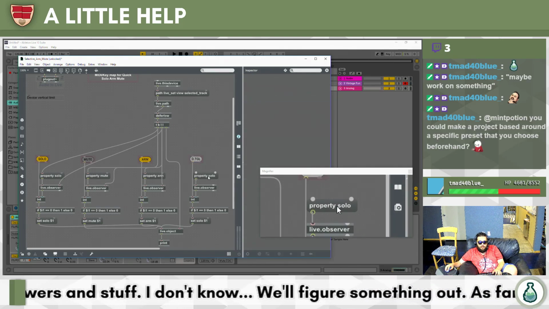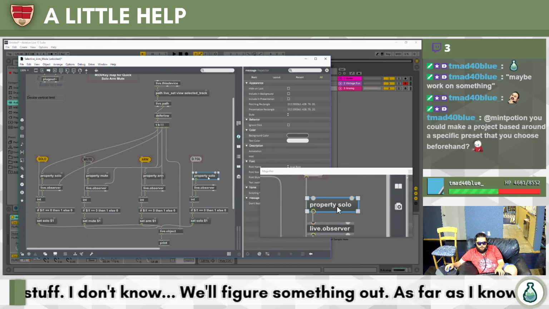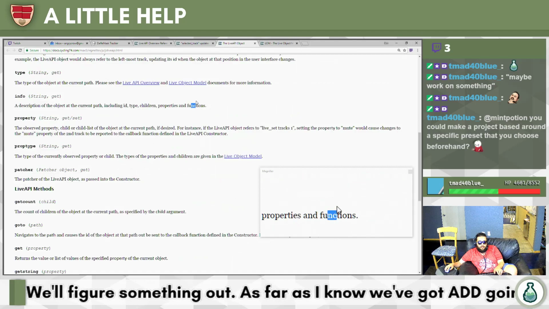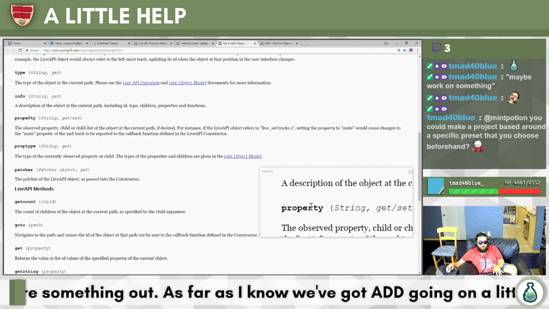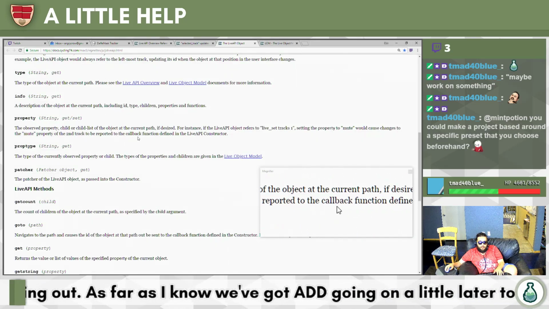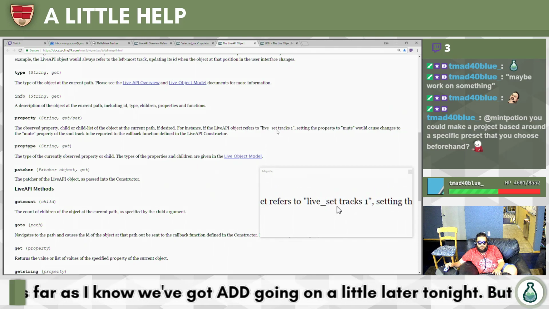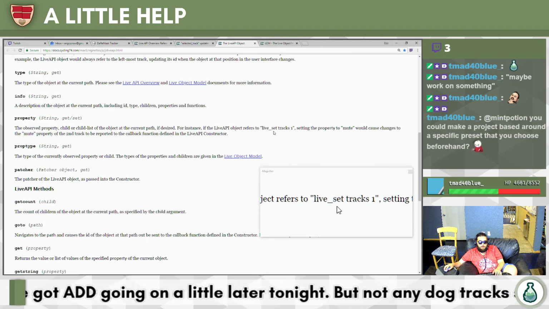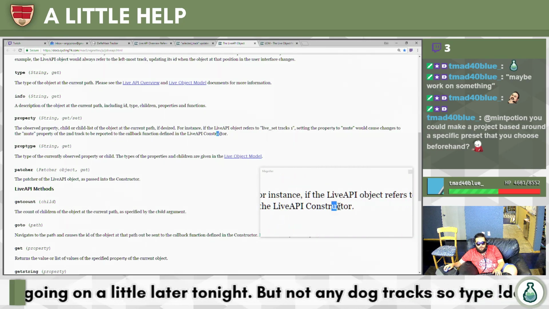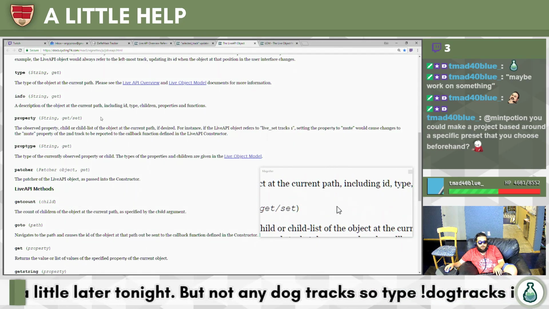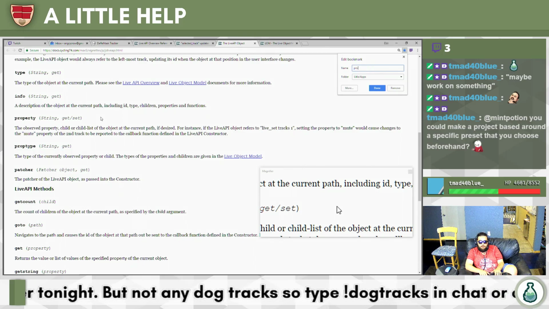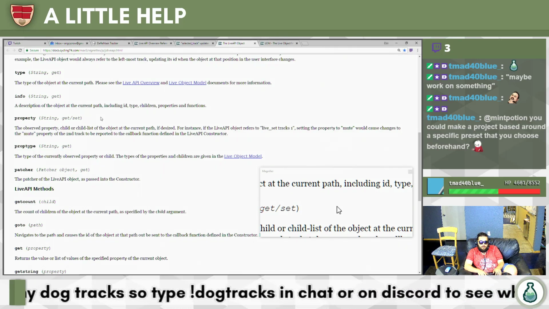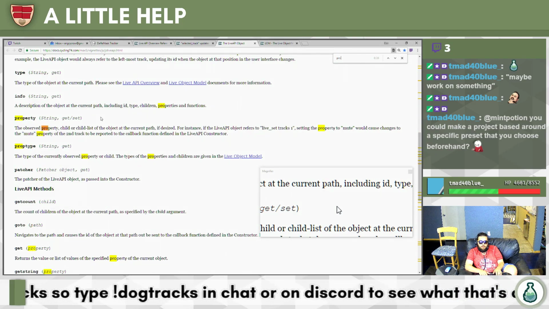And then instead of the property for solo, I have to go look at their API reference and figure out what the heck that actually is. So here's a bunch of properties. Observe child list API uses live set tracks 1, setting the property to mute, which changes the mute property, and the second track to reward. Blah, blah, blah. So where are there actually more properties? We can probably find this prop.